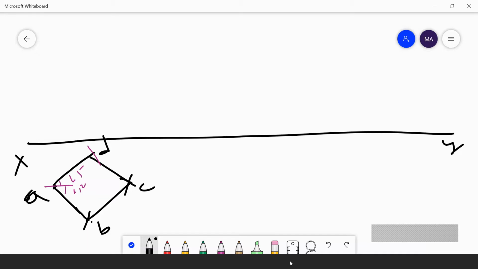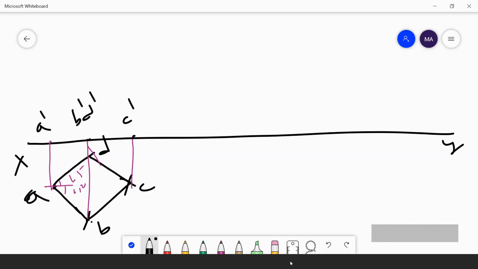I am drawing all the projection lines with this violet color. I am projecting A here, B and D here, and C here. Understand? Projecting A here, I will get a point A dash. I am projecting B and D here, I will get B dash, D dash. I am projecting C here, I will get a C dash.